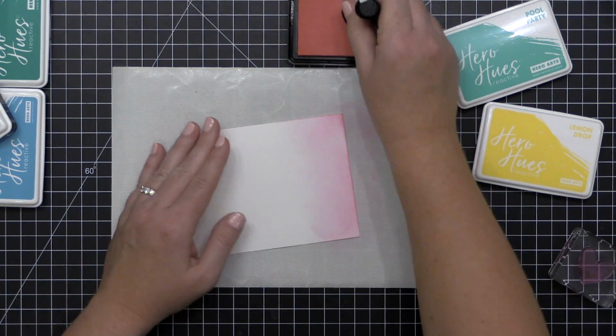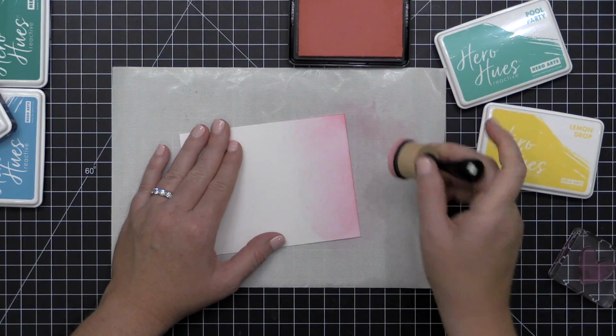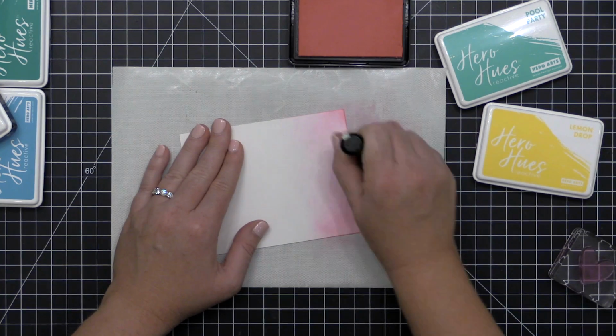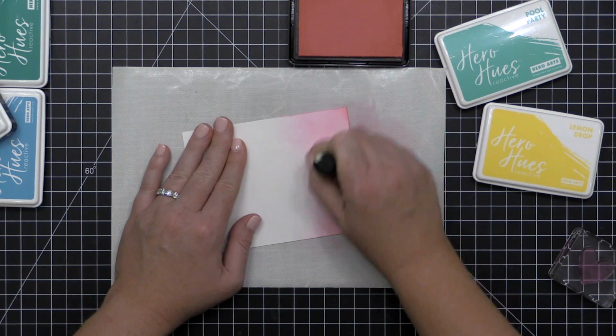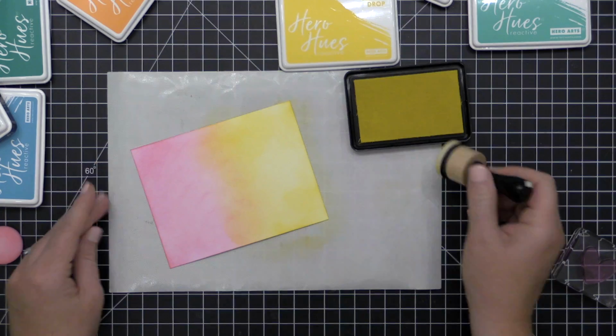I'm just using a Ranger ink blending tool. This is actually a brand new sponge, so I'm getting really great results even with this new sponge. The more that you season and use your sponges on your ink blending tools, the better results that you're going to get. And you can see that even with this brand new blending foam, I am getting great results